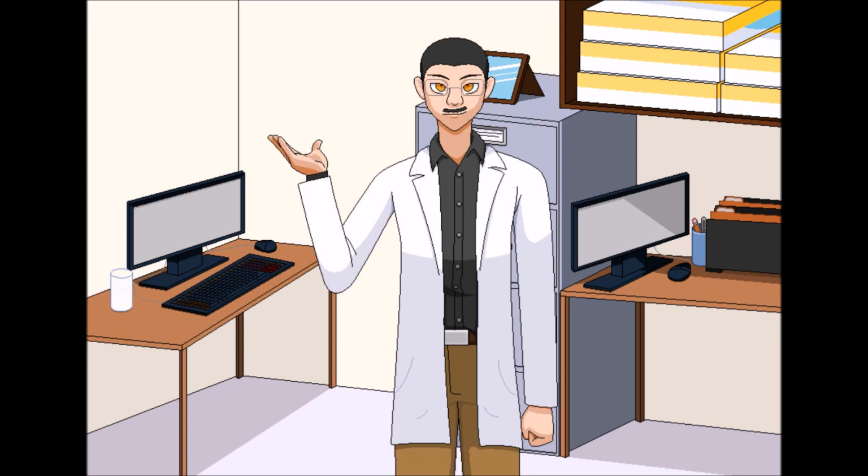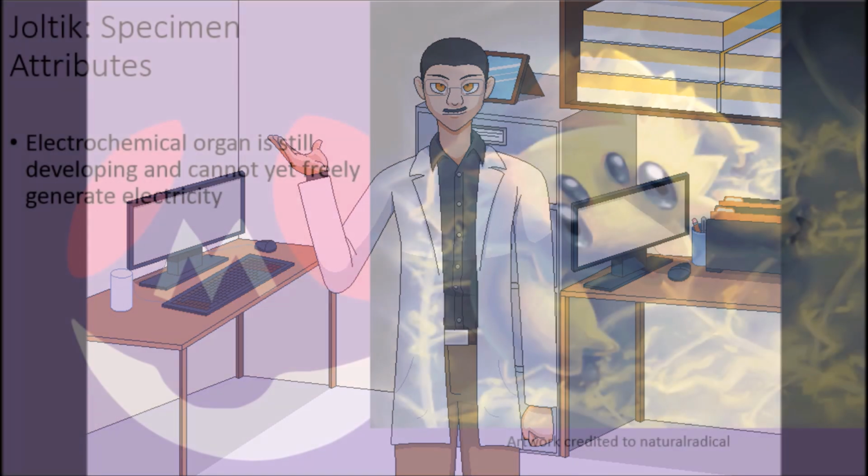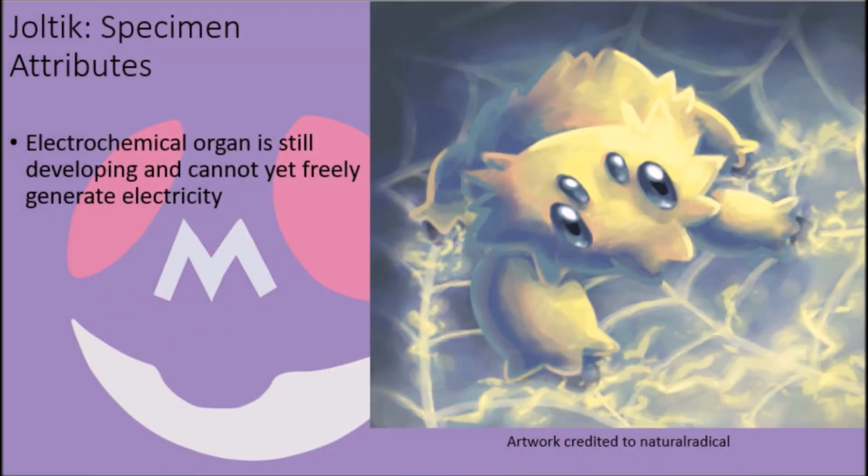Joltik are noted for being among the smallest of Pokemon, and thus can be easy to miss, and that is something that they effectively count on when it comes to absorbing and storing electricity for later use. As it turns out, while these creatures do have the electrochemical organ needed to store electricity for later use, it is still developing and is too weak for them to use to pull electrical energy from the air to harness